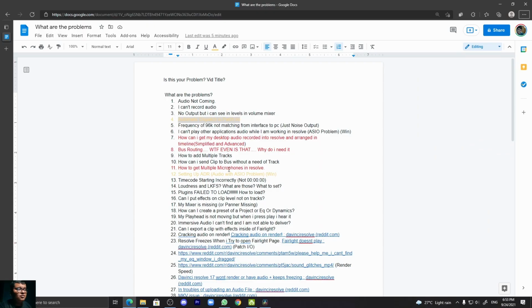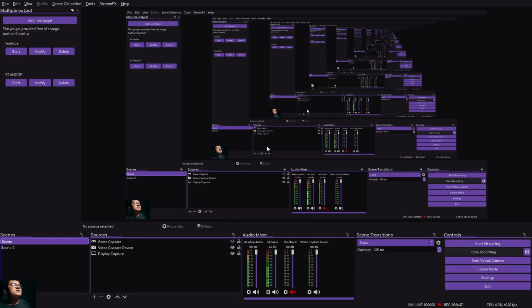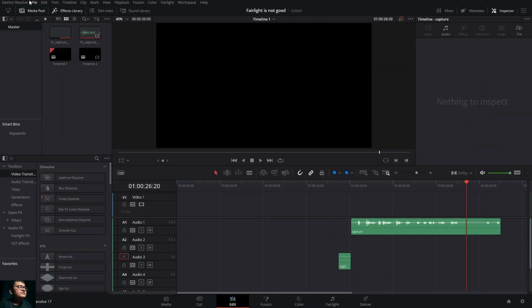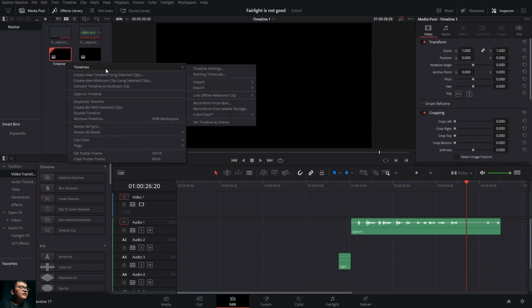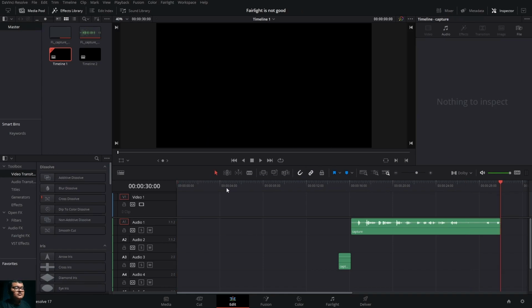That's a yellow. And one more: timecode starting incorrectly, not 00:00. You might have noticed in my video here also, it's starting from 01:00:26:20. Mainly when you are starting, you need to check: right click, Timelines, Starting Timecode.